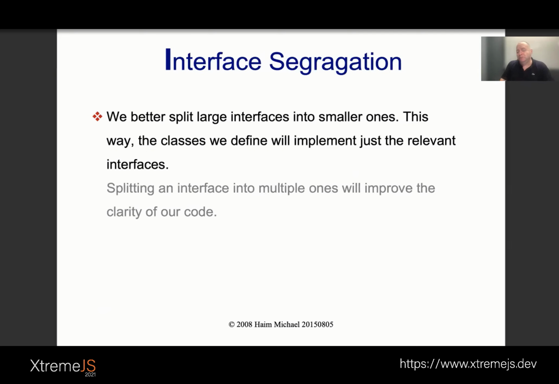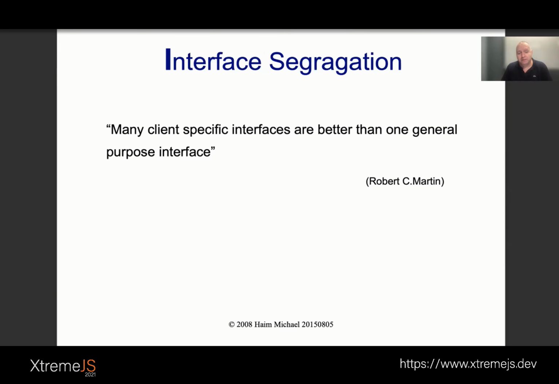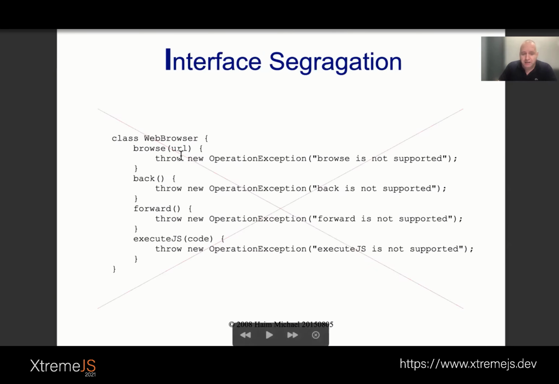Interface segregation. Well, we can't define interfaces in JavaScript. However, we can do something similar. We can simply define, as we saw, a class with methods that include code that throws an exception, and by doing so, we can, bottom line, say that web browser is actually an interface. So the interface segregation principle is about separating to multiple interfaces instead of having one huge interface. If you don't separate, you will find yourself in cases where you can't implement all methods, and the code will become more difficult to maintain.